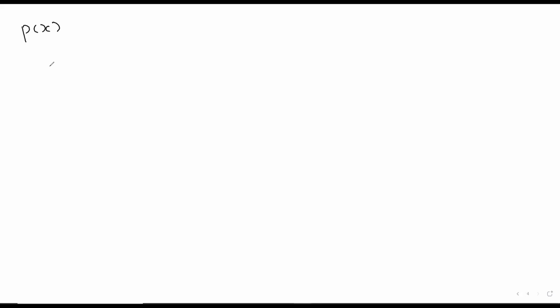They're saying that P of minus 2 is 1. What does this mean, Hamna? When I say that P of minus 2 is 1, I'm not telling you what P of x is yet. I am telling you that P of minus 2 is 1. So what does this mean? What is the meaning of this statement?